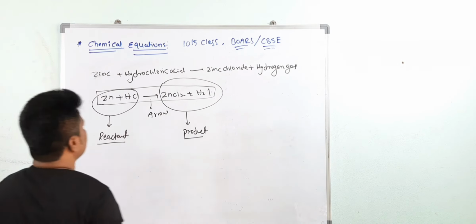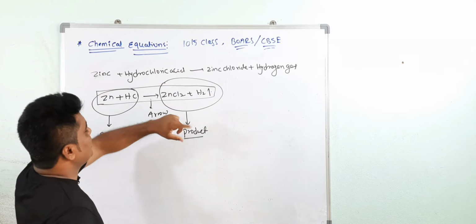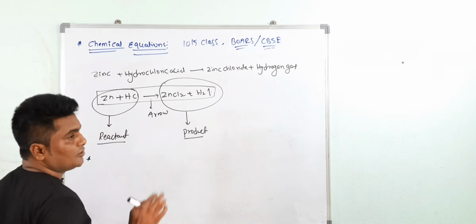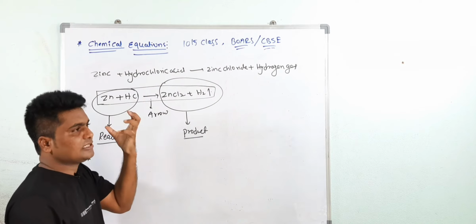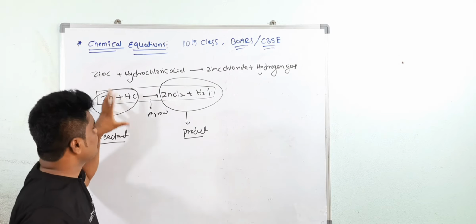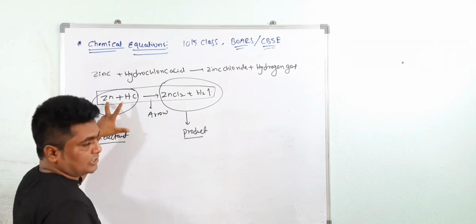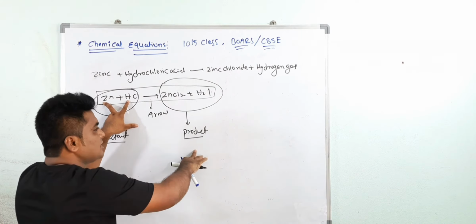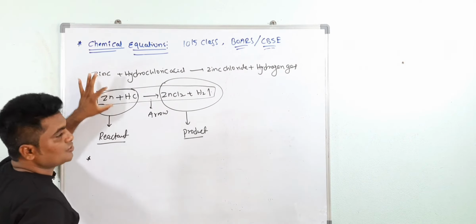Okay, so it is very simple. The substances on the left side of the arrow are called reactants. The substances on the right side of the arrow are called products. But actually what is the definition of the reactant? The substance which undergoes chemical change. Who undergoes chemical change? Zinc, initially the zinc we are taking, reacts with HCl, and after the chemical reaction we get new products. Initially these are the original substances, then after the reaction you get new products. These new products that are formed are called products.